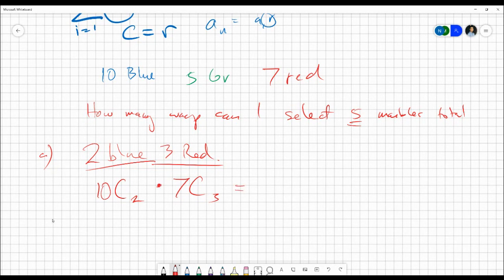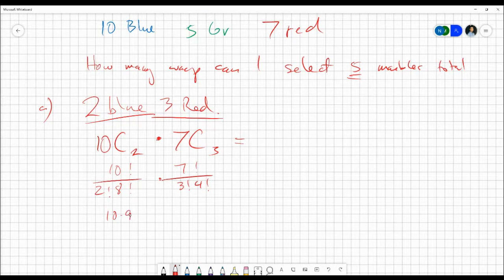Exactly. So you multiply. So this part right here gives me 10 factorial over 8 factorial, 2 factorial, times 7 factorial over 3 factorial, 4 factorial. Total. Right. Okay. So